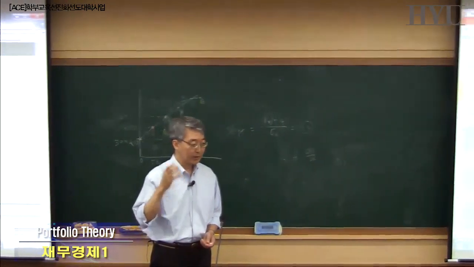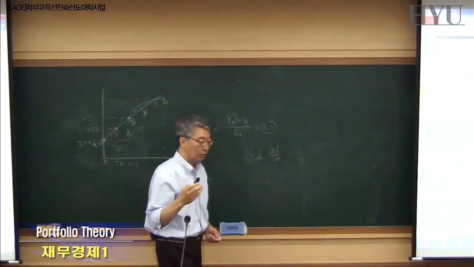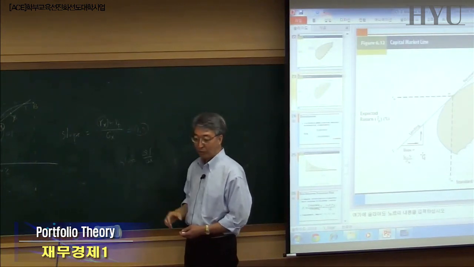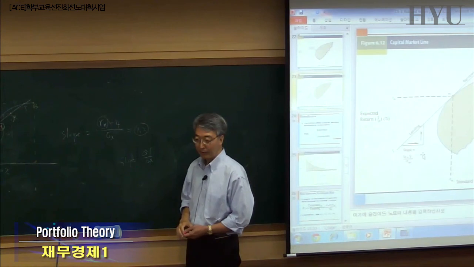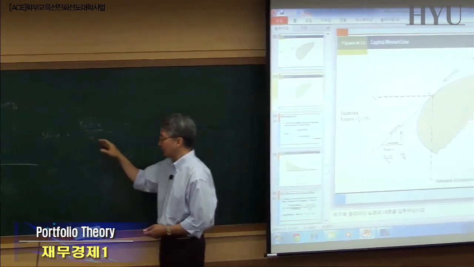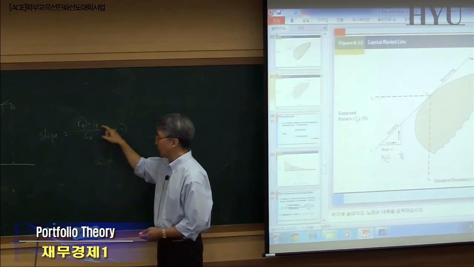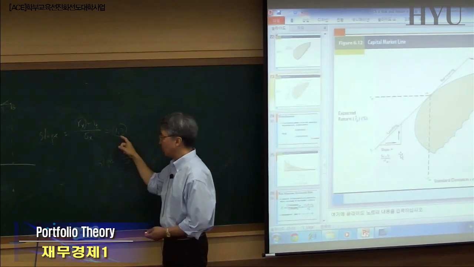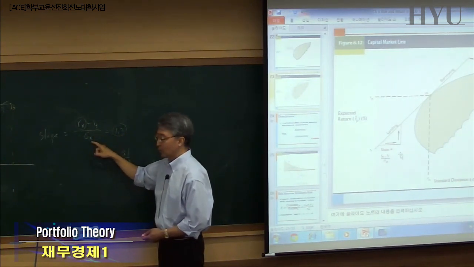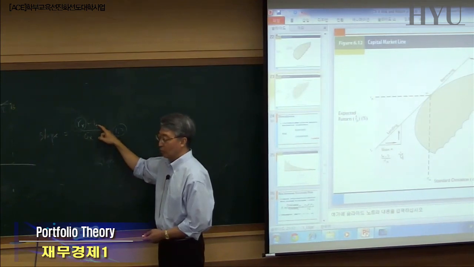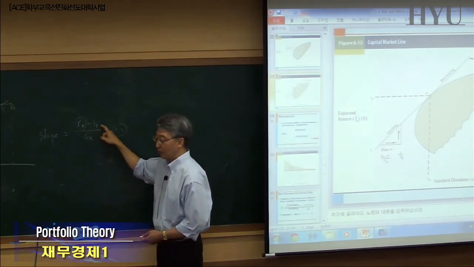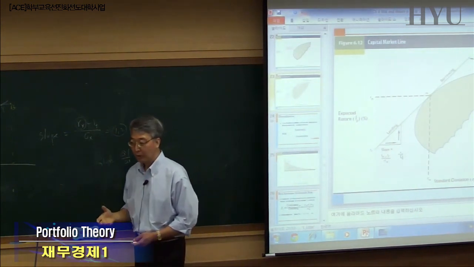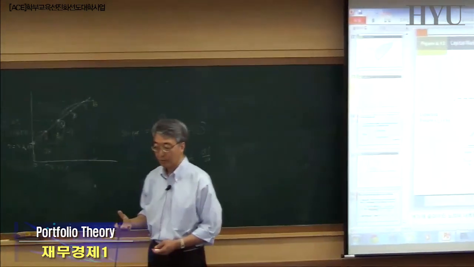For every 1% risk you take, right, your return increases by 1.2%, right? Make sure you understand that concept here. The slope is the ratio between this return and risk, right? If it's 1.2, that means for every 1% additional risk you take, you can expect 1.2% increase in your return, okay? So obviously, the higher the better. If you're going to take more risk, you might as well get more return, right?